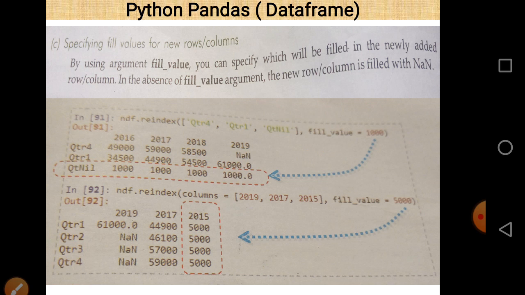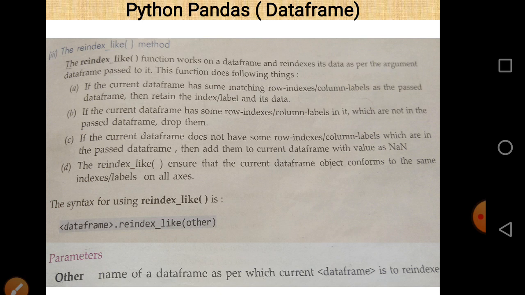So all values that are represented by NaN are filled with 5000 and marked with a red pen, represented by a rectangle here. So this is all about reindex.